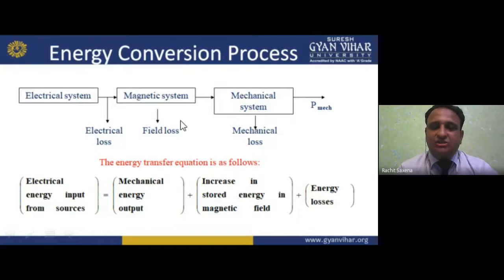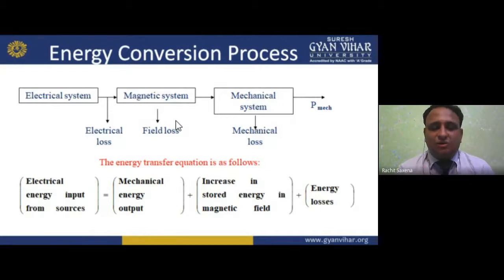Then we have the field losses. If I'm talking about magnetic losses or magnetic field losses, we also call them magnetic losses, core losses, and iron losses. All three are the same, because in ancient times we used iron for core manufacturing, so it is known as iron loss. In small transformers and small motors, we use iron instead of steel chip, so we say iron losses. Since it takes place in the core, we say core losses, and since it is in the magnetic system, we also call it magnetic losses.